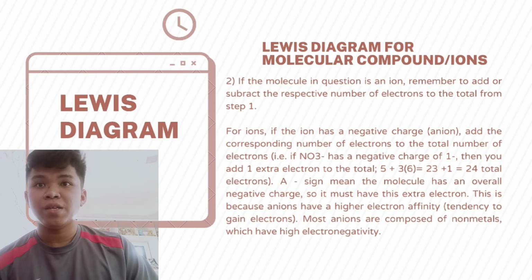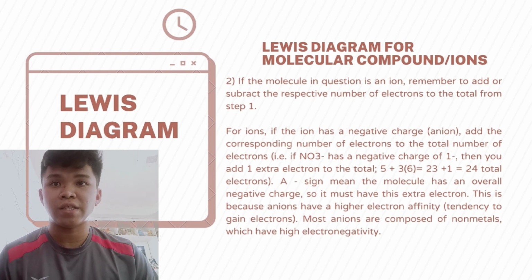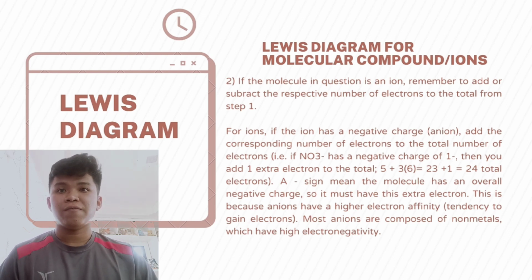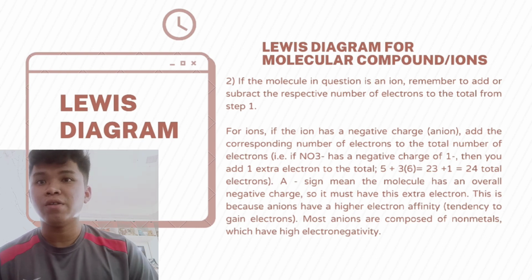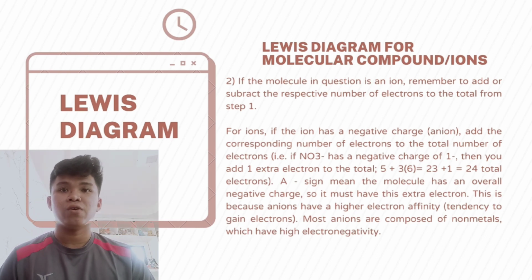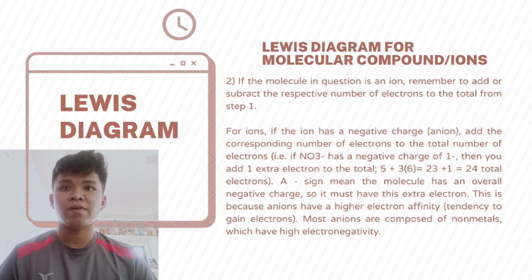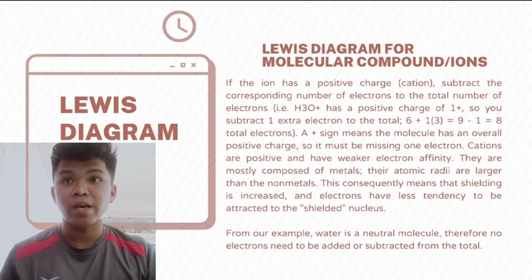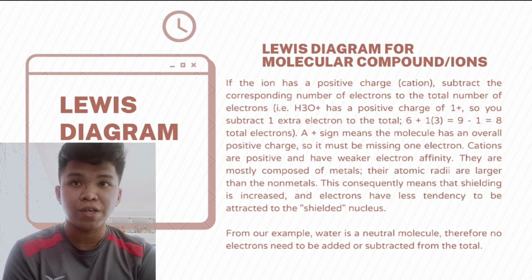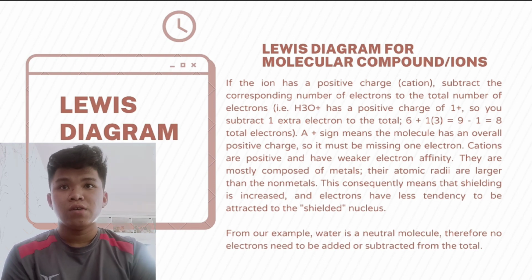A minus sign means the molecule has an overall negative charge, so it must have this extra electron. This is because an anion has higher electron affinity, or the tendency to gain electrons. Most anions are composed of nonmetals, which have high electronegativity. So let's proceed, guys. If the ion has a positive charge, or what we call the cation, we need